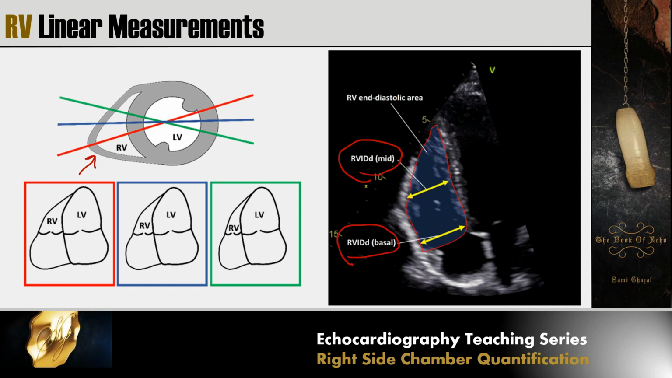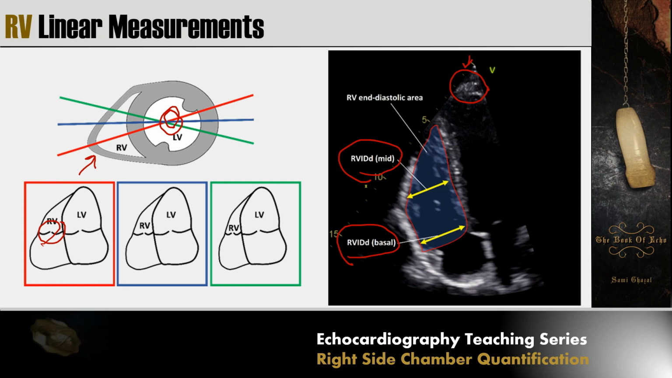So in order to unify all these sizes and to have it more reproducible, we have to measure it in something called the RV focused view. RV focused view is obtained by having the LV apex near the probe. So the probe is in the center of the LV, and then tilting anterior and posterior to get the maximum RV size. Here, the maximum RV size, we call it the RV focus view, and it is the standard view to measure RV size in the apical